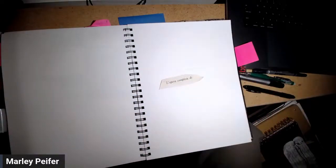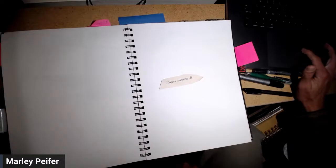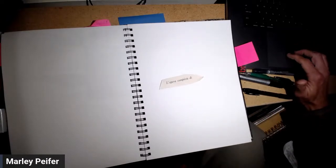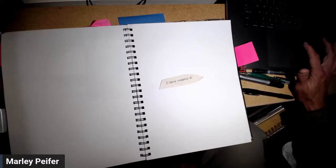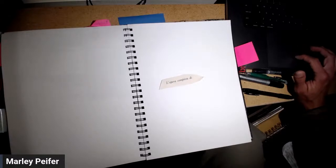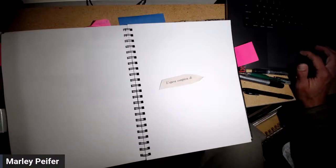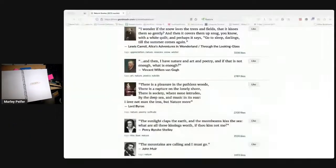This isn't actually a great quote, but I have a page open here on my computer. Let me make sure I don't have anything secret that I don't want to give away, secret projects. So I'm going to share my screen and show you this quotes page that has a bunch of quotes, and we're just going to choose some quotes and write them into the